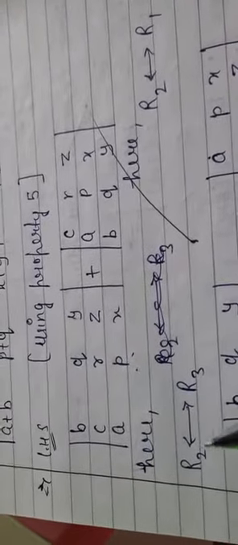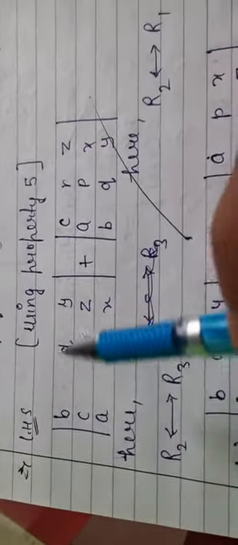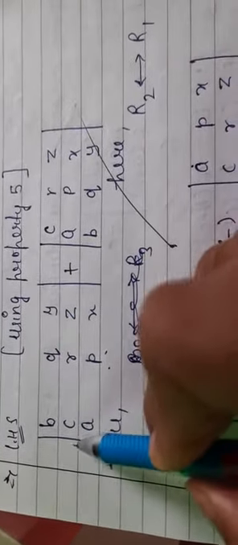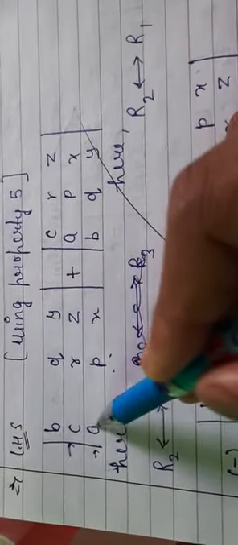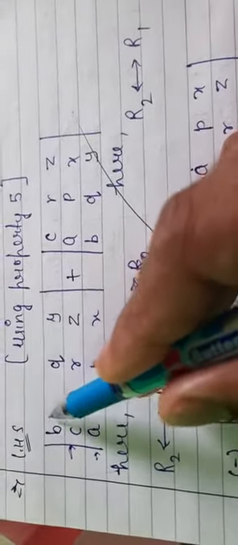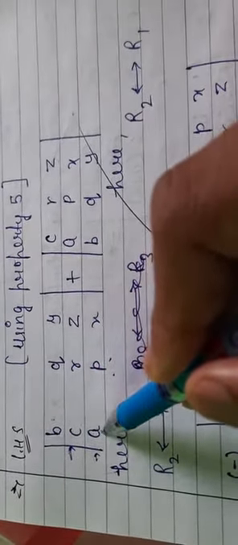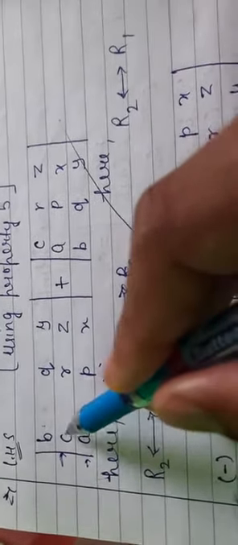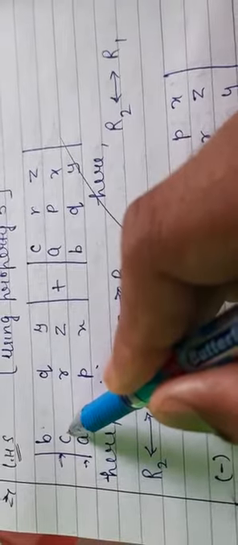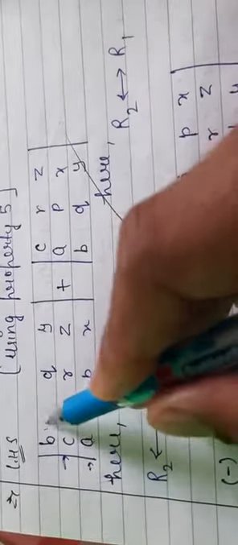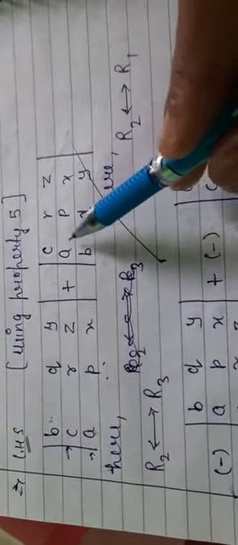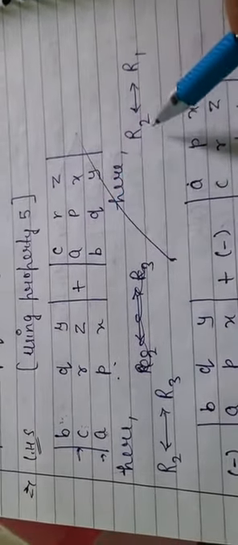Here we will interchange, we will use different operations in both. We have to make both identical, that's why. So I am interchanging R2 and R3 first. See, this is R2 and this is R3. We are interchanging this because we need this A on the upper side. Firstly A, then B, then C. But this A cannot go directly to the upper side, so we have to take it up one by one: first on R2, then we will interchange this R2 with R1.